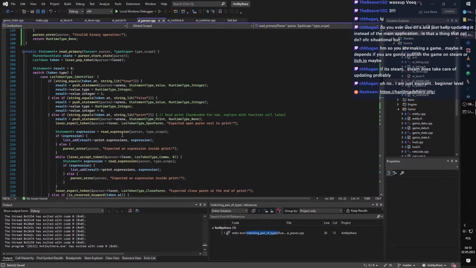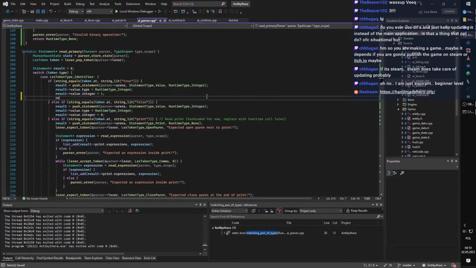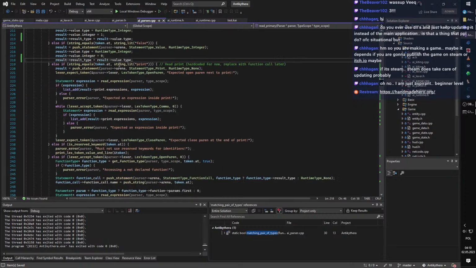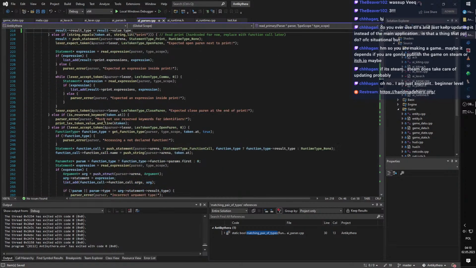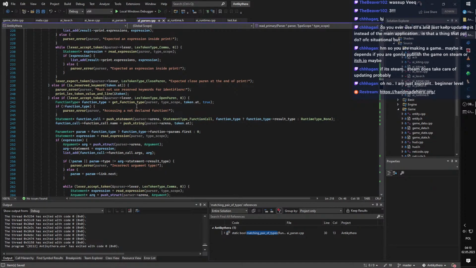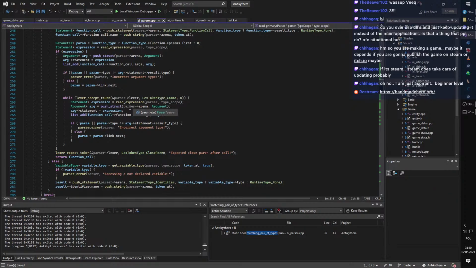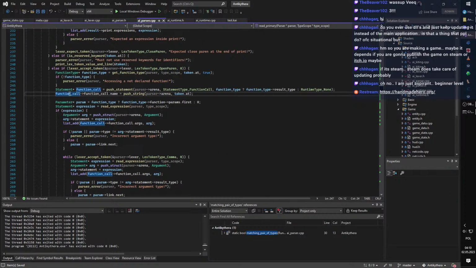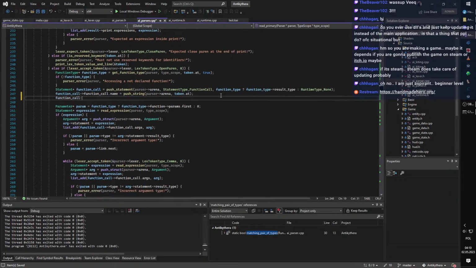Okay, let's see. So this is obviously just result type, value type. Okay, this is result type none. This is whatever, and this is a function call. So what it does is it should have a result type of